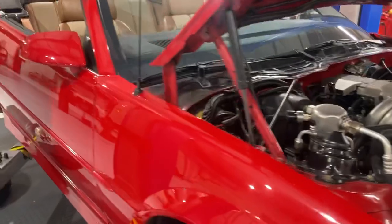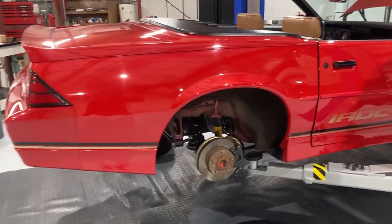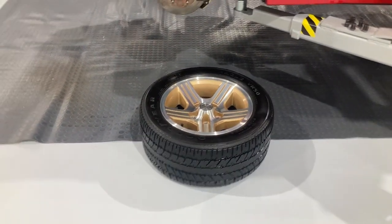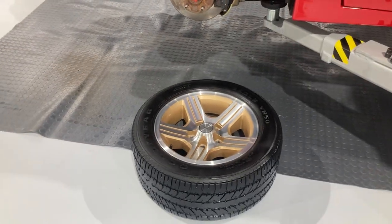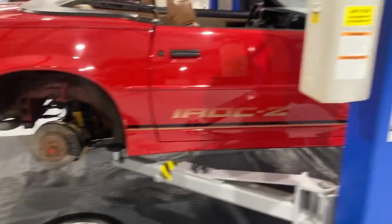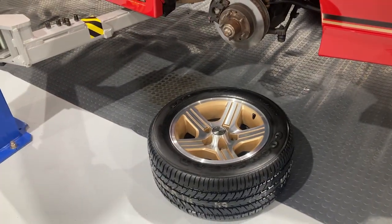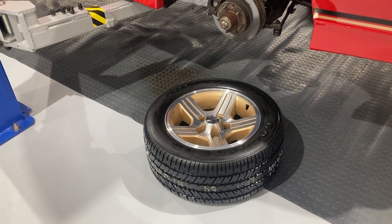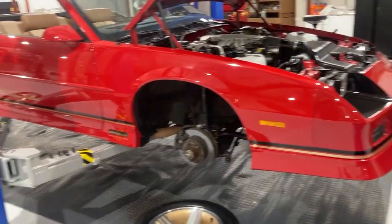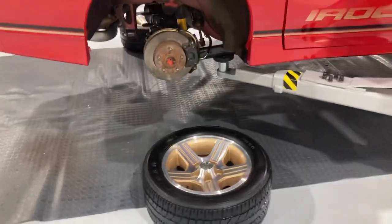This particular car is real low mile. When I say real low mile, it's not brand new. It's got about 22,000 miles on it. It's all original. And what I'm doing to it here is I found a set of Gatorbacks that I'm putting back on the car, because this car, part of the G92 package, did come with the 245/50 Gatorback tires. And a lot of these Iroc convertibles, if it had the lower performance motor, would not have these tires on them. Now the front ones are brand new. I've had those for 25 years, and I saved them just for an occasion like this. I actually used the other pair of them on another car many years ago and kept 2 of them. So, long story short, I've had those a long time, and so I'm putting them on this car just for originality and looks. Certainly not performance, but